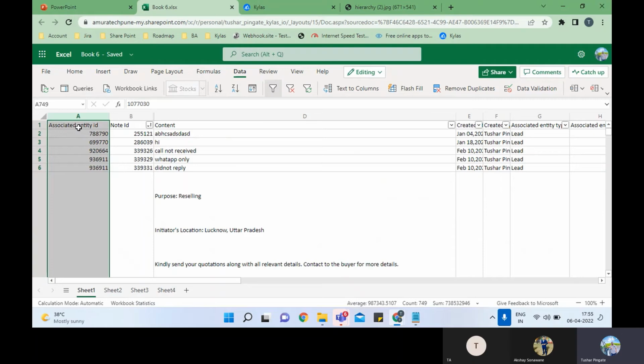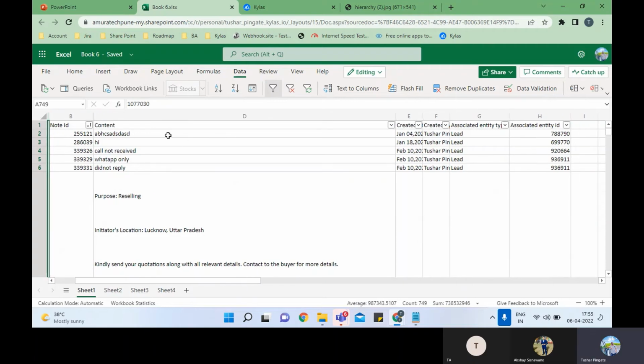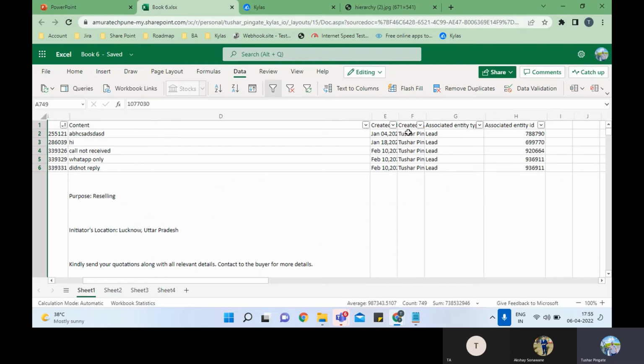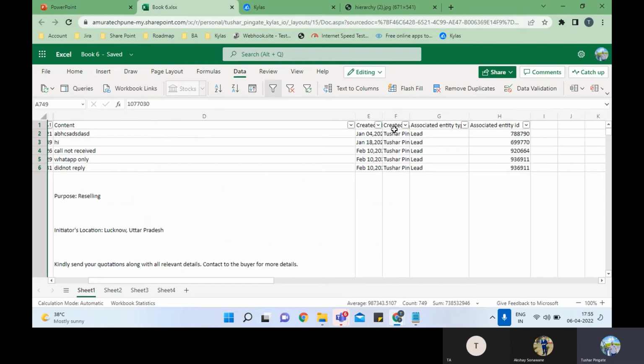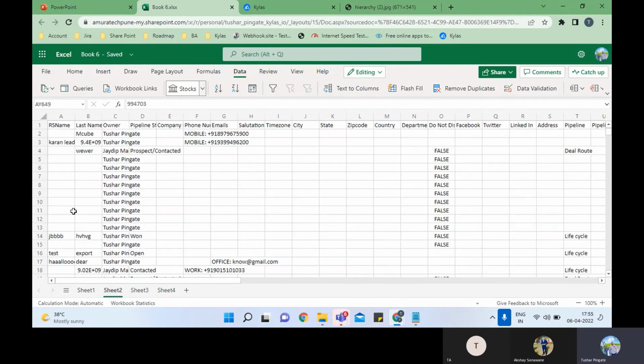in which you will get the associated entity ID, the note ID, what is the content included in that note, when it is created, by whom it is created, what type of entity it was for the note, and the associated entity ID. The second file that you will get from the export is